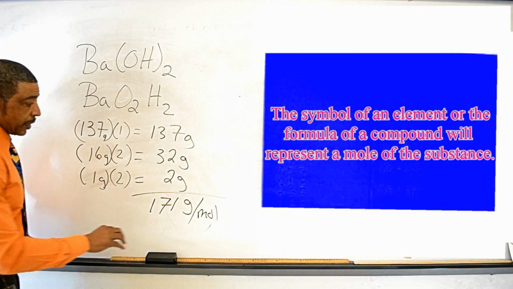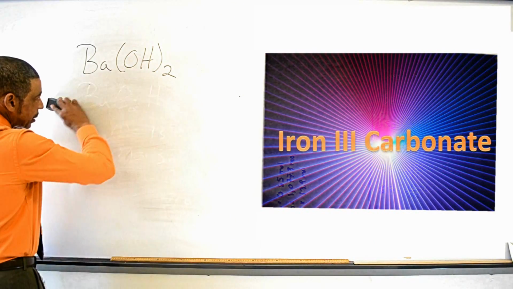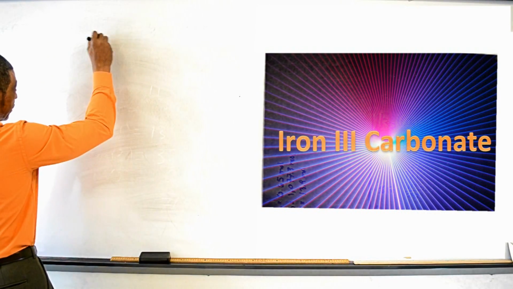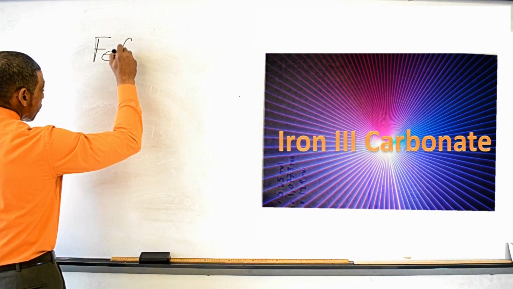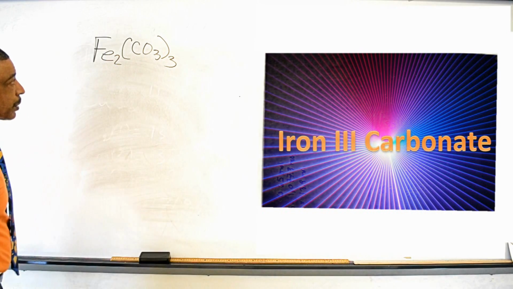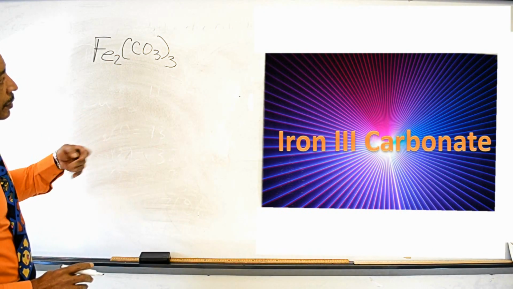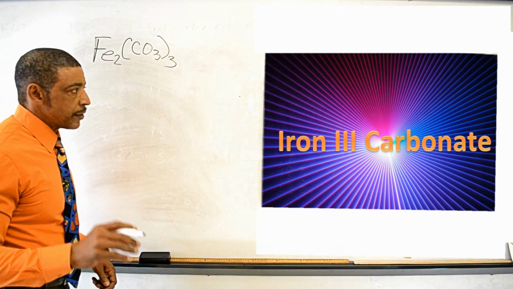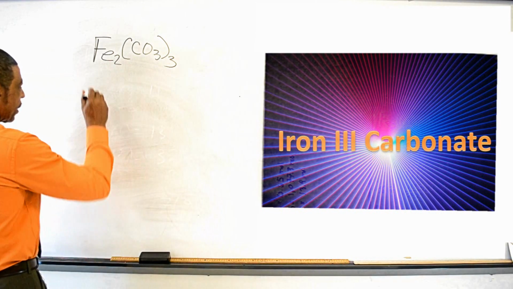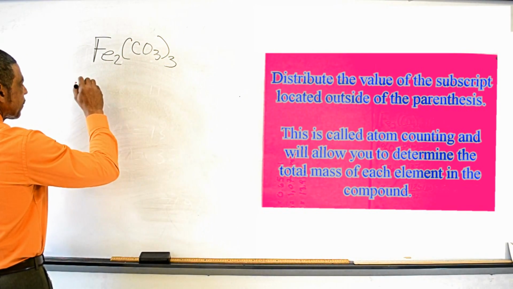Now, as a final example, another example that's just a little more complicated: iron(III) carbonate. All right, that's the formula for iron(III) carbonate. This formula has 2 irons, some carbons, and some oxygens. We'll get to that in a second. But first things first, let's eliminate the parentheses. To eliminate the parentheses, we distribute the 3. So we write